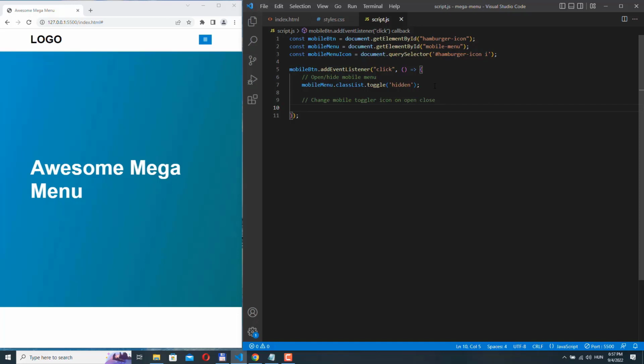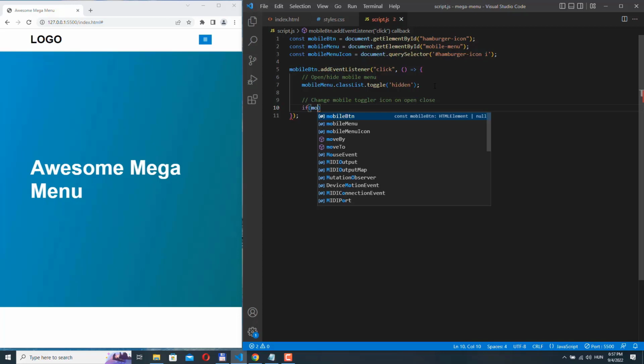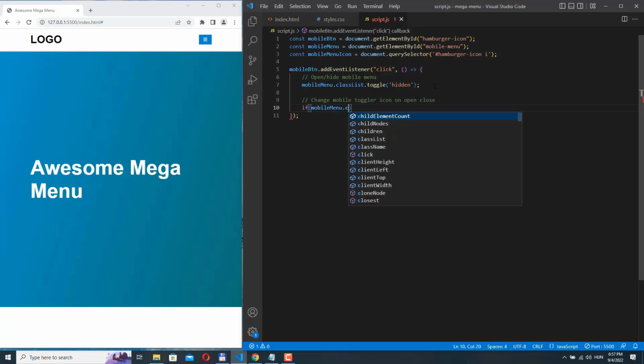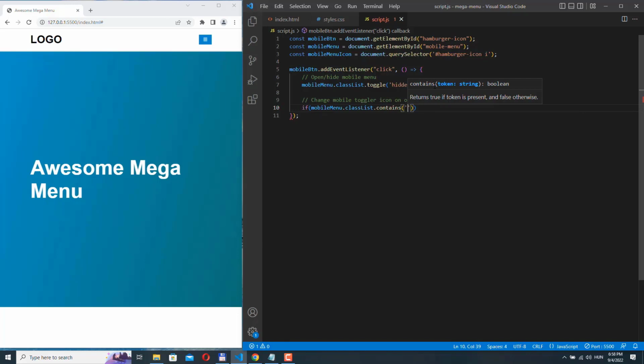So we could say that if mobile menu dot class list dot contains the hidden class, or rather, if it's not true,